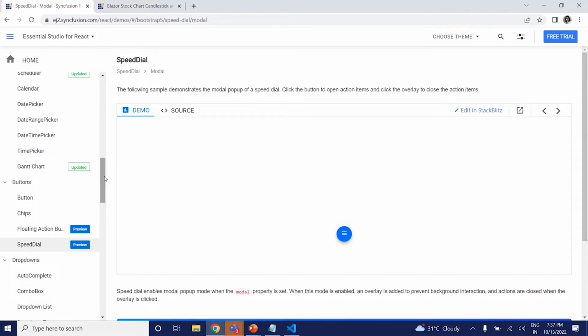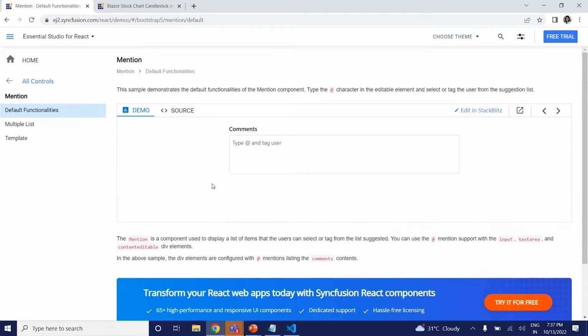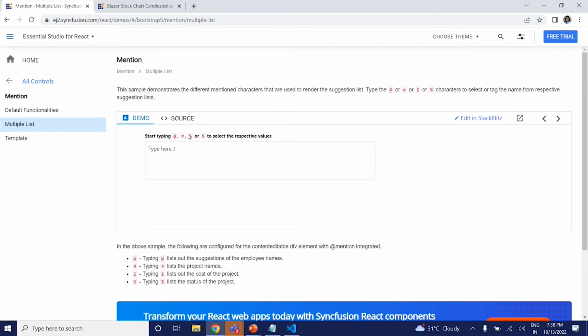And the next new component is the mention component. You might have seen this with Outlook or any of the editable elements. Whenever you type the at character, you will get a pop-up with a suggestion list. This is all the mention component will help you to achieve. So whenever you type the at character in any of the editable elements, like a text box or RTE or anything that is editable, you can get a list of suggestions pop up like this, and you can also even